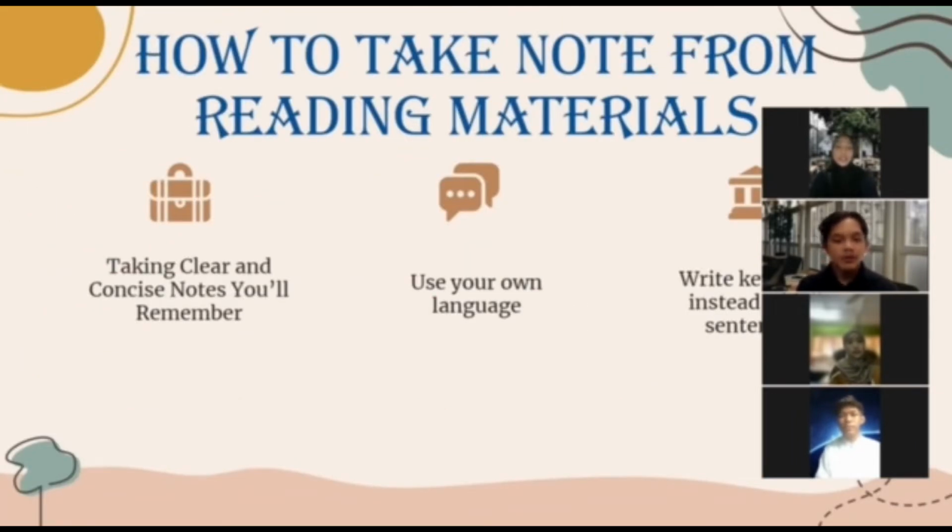Now, how to take notes from reading material. Firstly, take clear and concise notes that you will remember. Keep your notes organized by writing important details at the top of each page. Secondly, use your own language. Develop your own system of signs and abbreviations that can help you take notes more quickly and review them. For example, TB for textbook. Thirdly, write keywords instead of full sentences. Avoid using full sentences when you write your notes. Instead, use keywords to say the same thing in a short and manageable way that you can easily and quickly